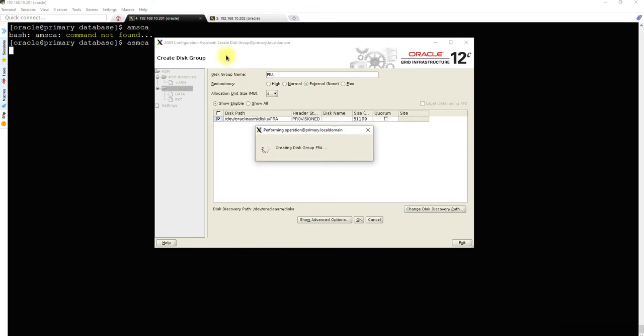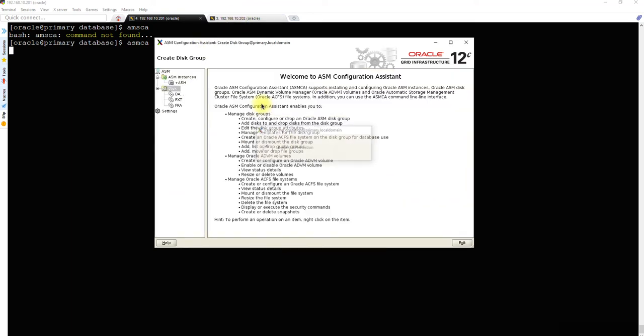We will have to do the same thing on the second machine as well. The reason we need to do that is because we will be setting up the standby database. All the data files will be getting stored into the data disk and FRA disk, okay? And because we are creating a replica environment, with the same directory structure as in the primary database, we need to make sure the disks are mounted, okay?